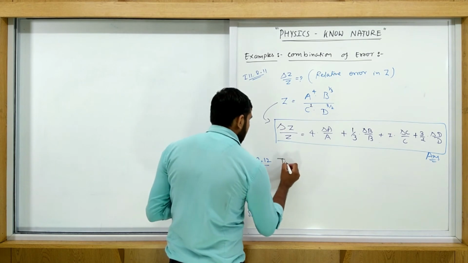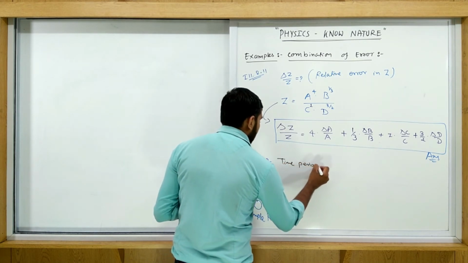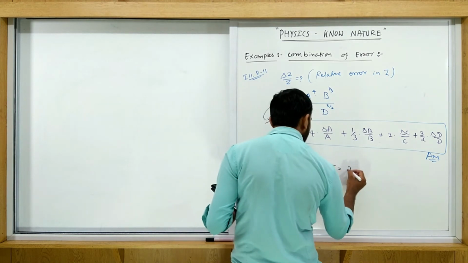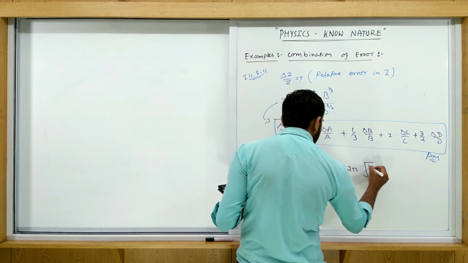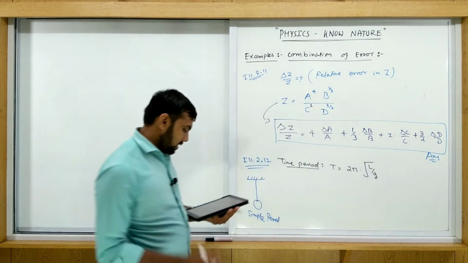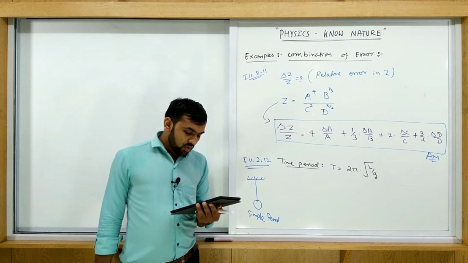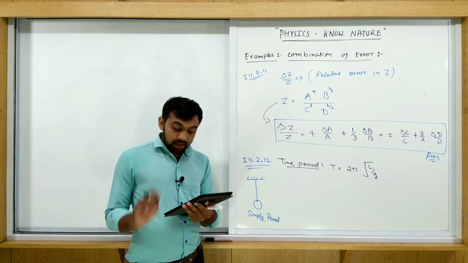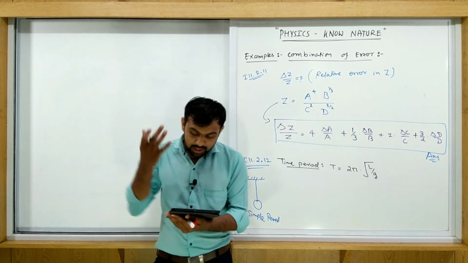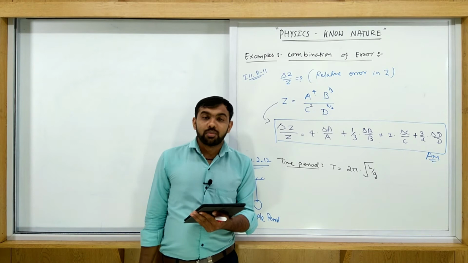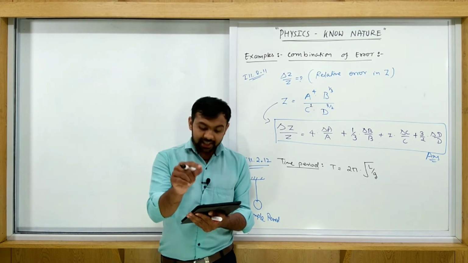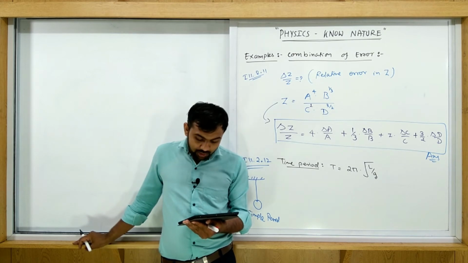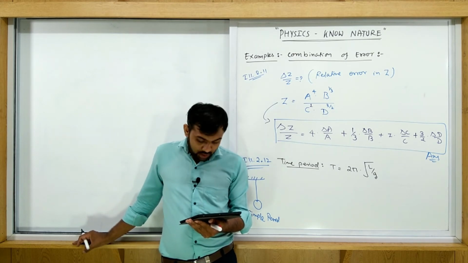time period, T is equal to 2 pi under root L by g. This is given to us. Measure the value of L, 20 centimeter known to 1 mm accuracy. Underline this, it is a quite important thing. Here see, data are given in a different form. So underline this one, 20 centimeter known to 1 mm accuracy.